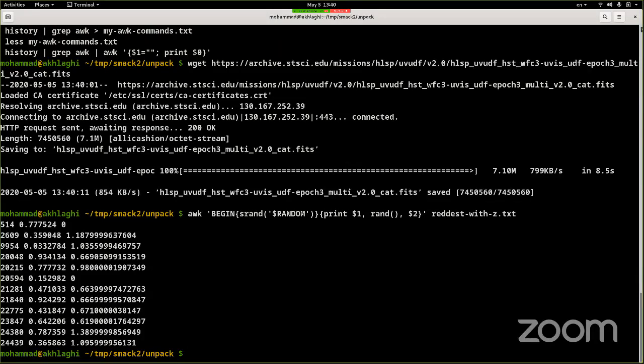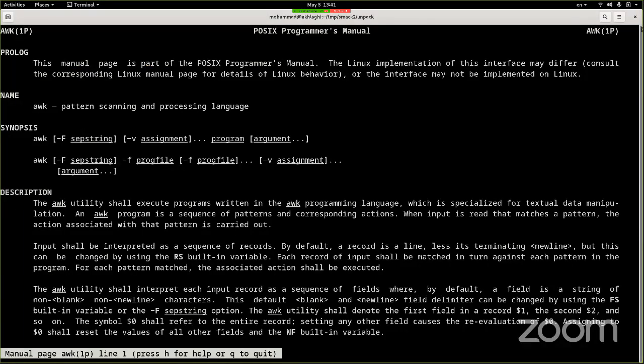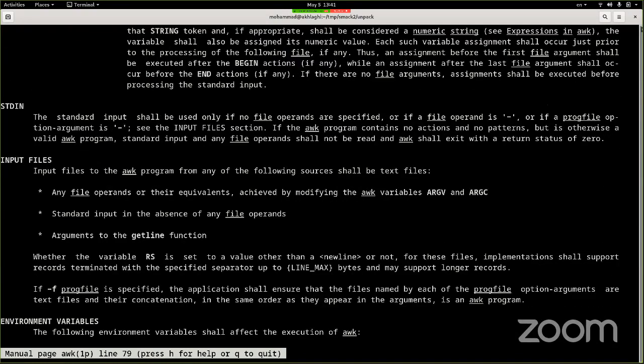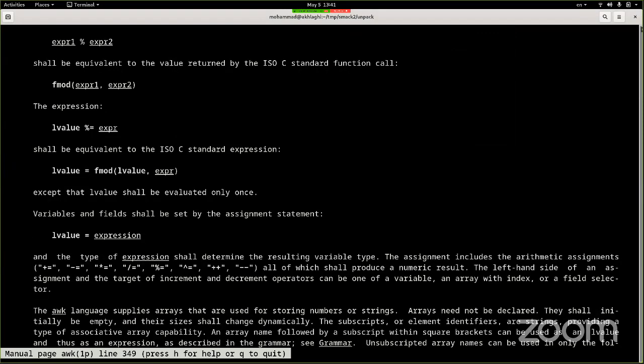Okay, now the final step, which I've been promising for some time, is the manual. So we ran a lot of commands, right? And I know, maybe if you're just starting out, this is already overwhelming. There's too many things. And you'll think, okay, how the heck did this guy know how to run awk? Where did he learn awk from, for example? So there are two sets of documentation on the command line that you can use. Man is the first one. If you just run man awk, it will take you, man is for manual page, right? Man page, it's called. You see, it actually prints one long page of documentation